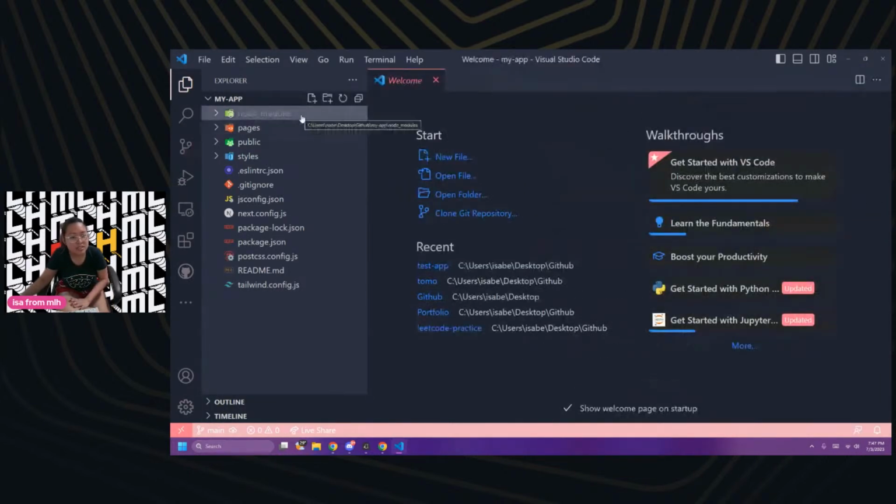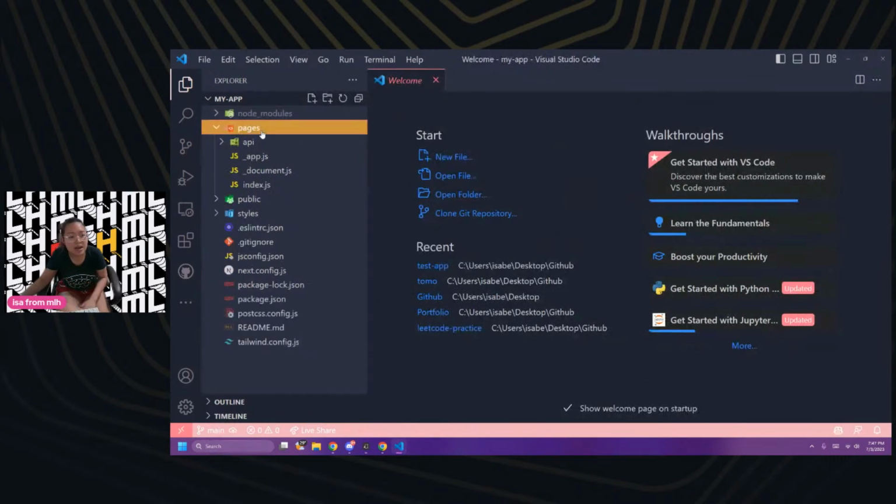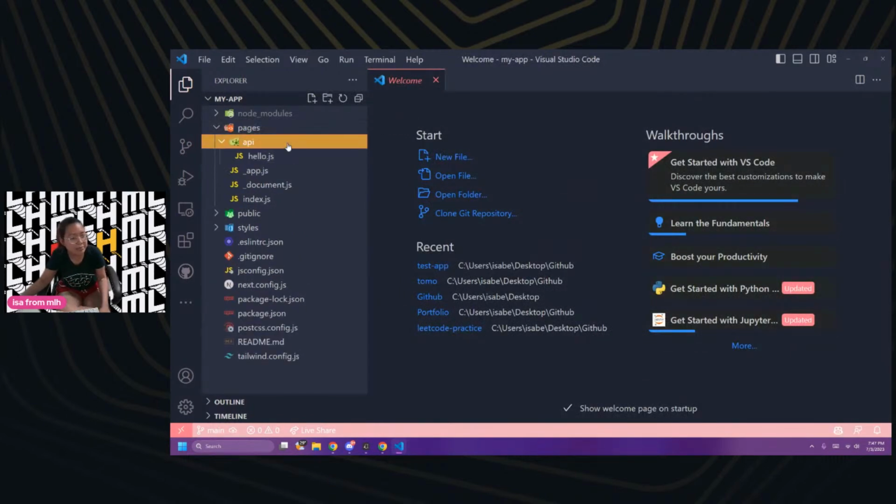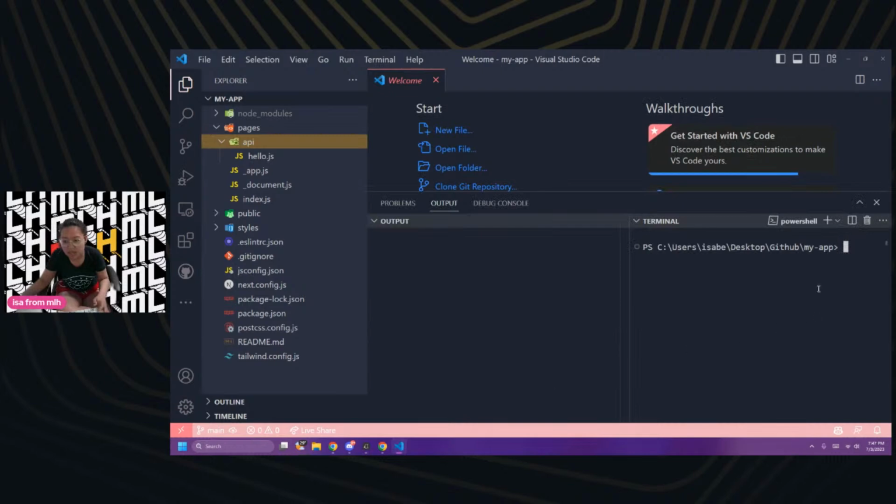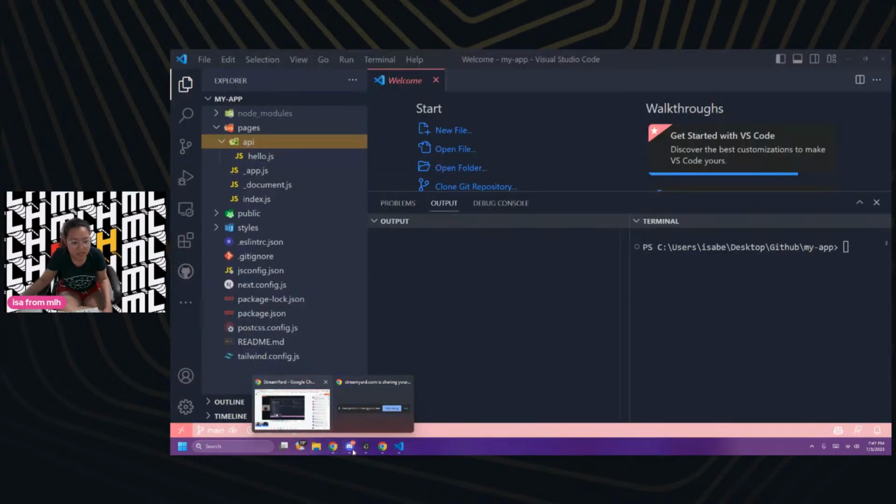Having said that, I am going into my app and now I'm in here. Node modules is installed automatically. We got our pages folder, we got our API folder. Ideally I want y'all to see it like this. Dang, I lost it. I wanted to write down what people say yes and no to.